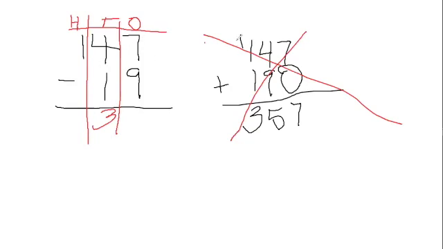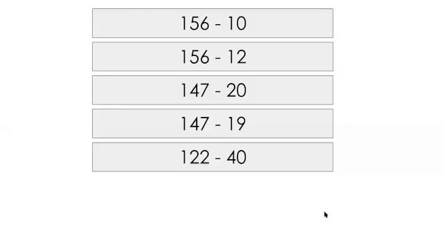Although that's not true because there's a 9 in the ones place over here. But I want you to get used to writing your numbers in their correct place value place. You'll see